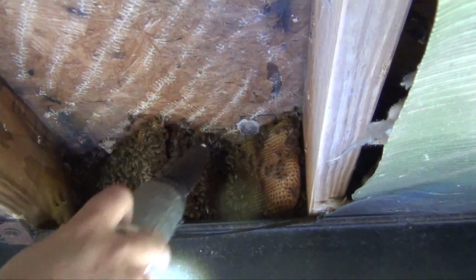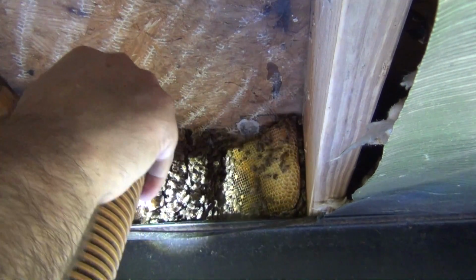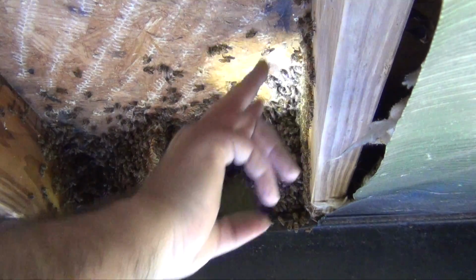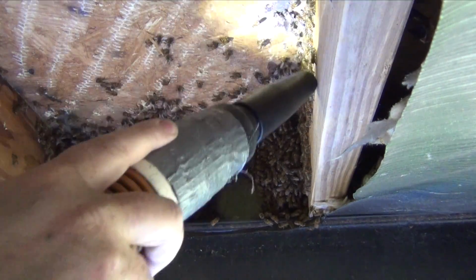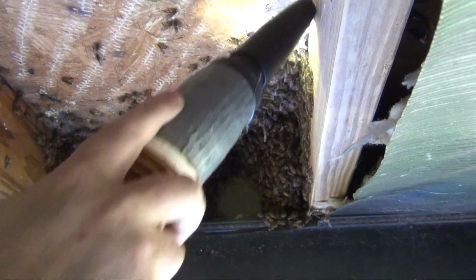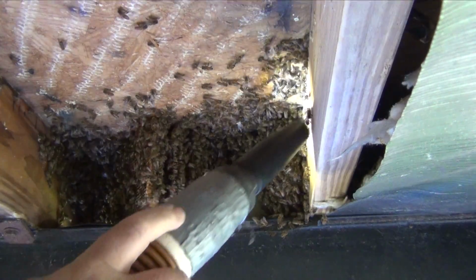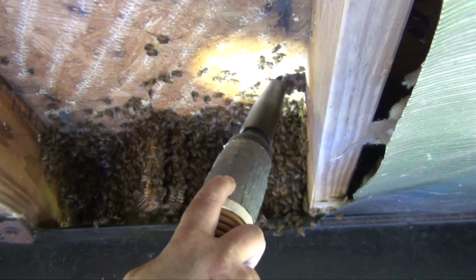All right, we're all making progress, getting our numbers down, and shortly we'll start removing comb sections on the other side of the beam. In case you're wondering, we're using the Colorado Bee Vac to vacuum the bees, a special type of vacuum system that I helped design with Guy Shingleton of Denver, Colorado. It can be purchased at